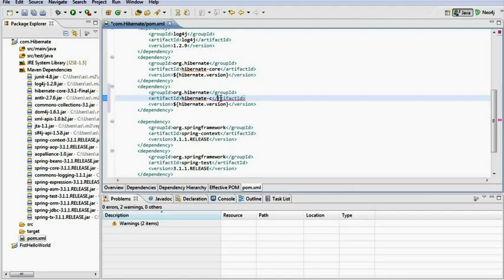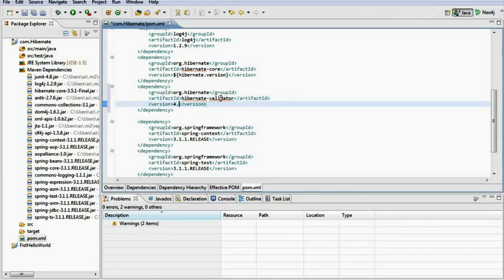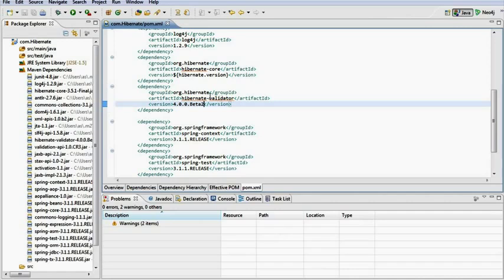Hibernate validator, and the version number for the validator is 4.0.0.beta2. Save it. So this is how you keep adding the files into the pom.xml file, and then Maven